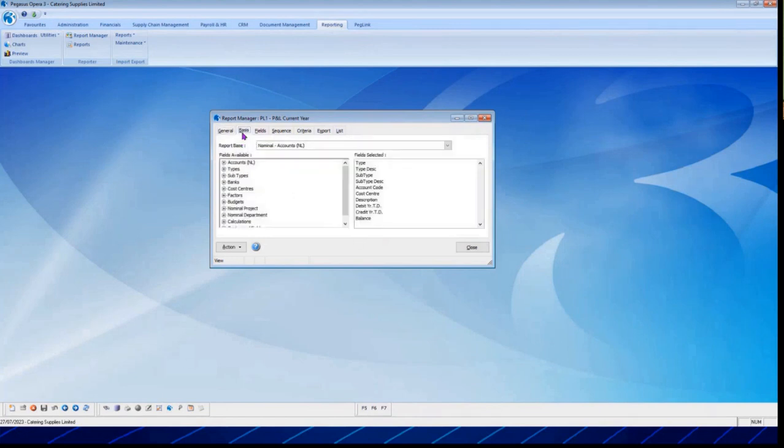I've selected my report basis as the nominal ledger and the accounts within the nominal, because what I want to pull out is a profit and loss. And we know profit and loss in Opera and Pegasus is built around my type and my subtype. So I've pulled out from the accounts the types and the subtypes. I've pulled out the type description, the subtype description, the account code, the cost center. I pulled a description for that out, and then I pulled out a debit year to date and a credit